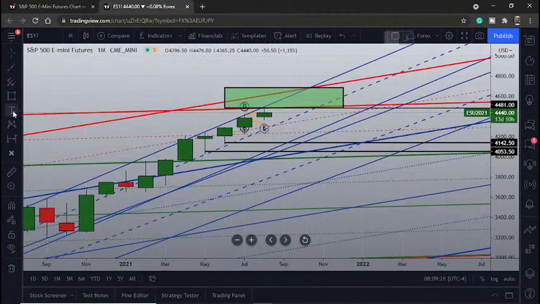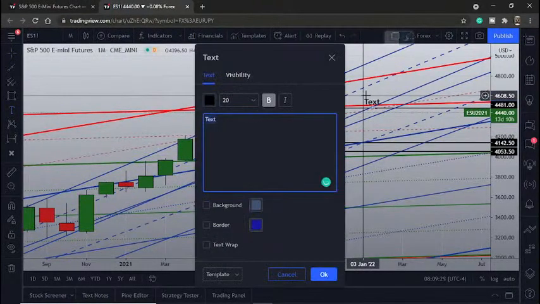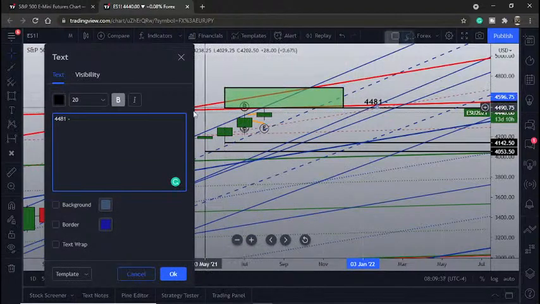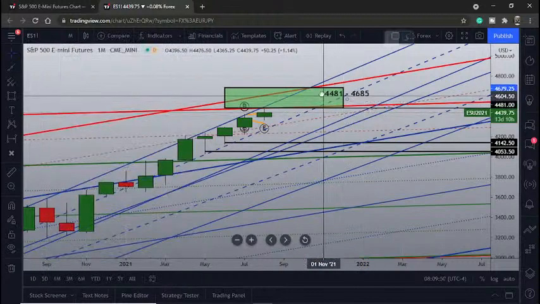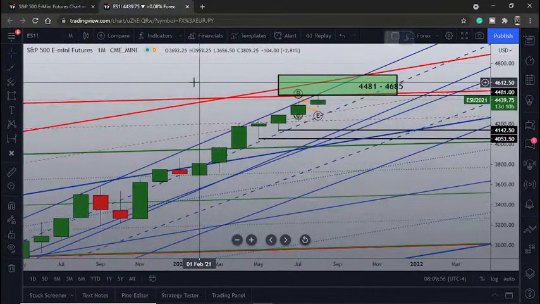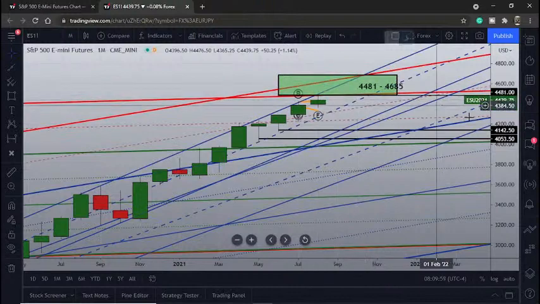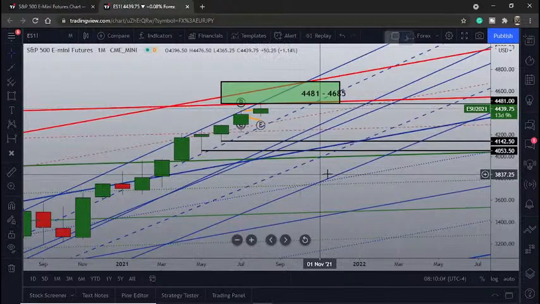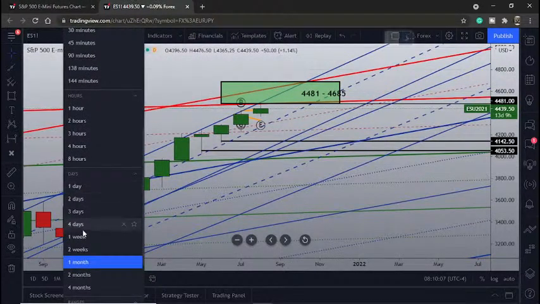So I'm going to write in here the zone 4481 that I believe could be an area where we'll see a top in the S&P 500. 46, come on, let me just get that right. 4687, 85-ish, 46, let's make it 85. That I believe could mark a top in the S&P 500. Whether now this is a multi-year top, no one would know that, but I do think we are due for a pretty deep correction. And if we look at the weekly again,